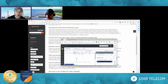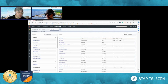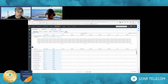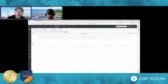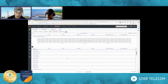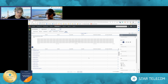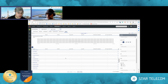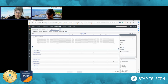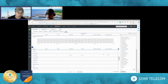So again, if I go back to my performance views, and what is being talked about there is if I go to agent and I go to agent performance here, now what's really cool is I'm looking at these agents. I can flip to the topic tab. And now the whole topic trend data that Genesys Cloud uses for sentiment analysis, so when certain topics are being detected within Genesys Cloud, those topics are now tying back to the agent. So this might not be the greatest example in here, but we could see here no topics detected, but what topics were detected, right? And these are all the topics that are available to be searched. So we can now start seeing that for IVA here,